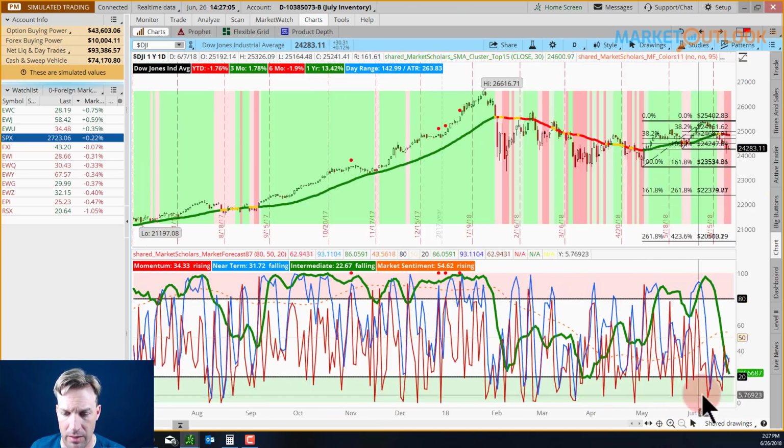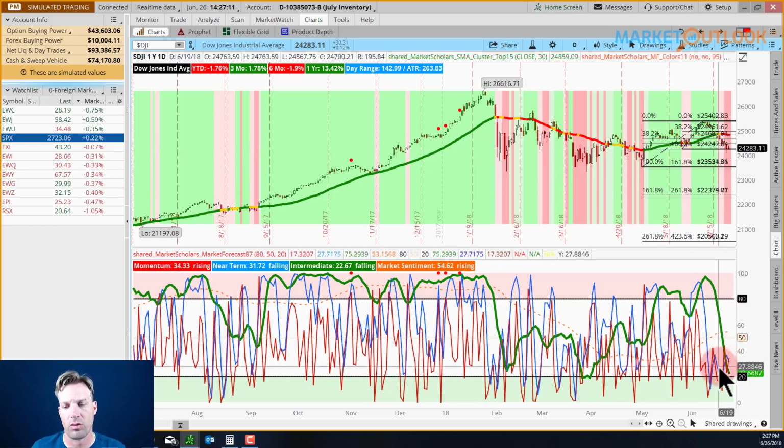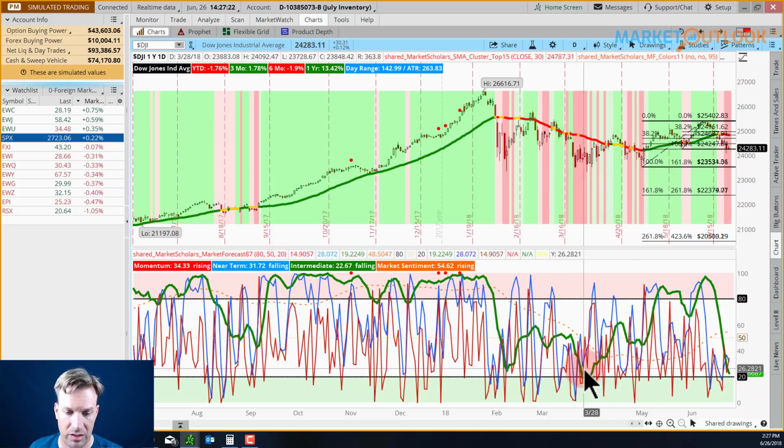Still bearish. Short-term sentiment is still setting up for the divergence, heading into that support level. And then, of course, the market set both these short-term lines avoiding the reversal zone, oversold territory. The intermediate posture is pretty darn close. And you can see it doesn't get below and stay below.